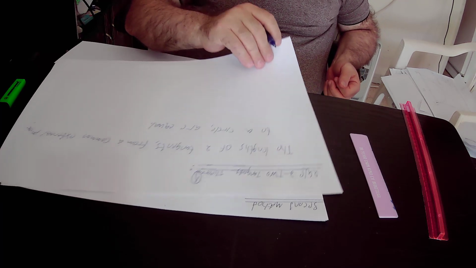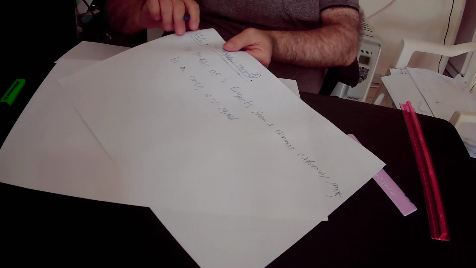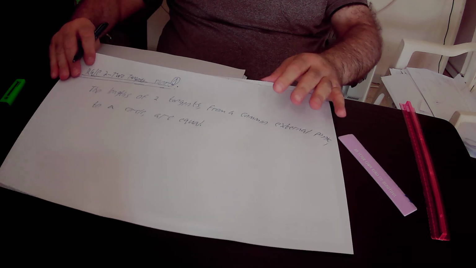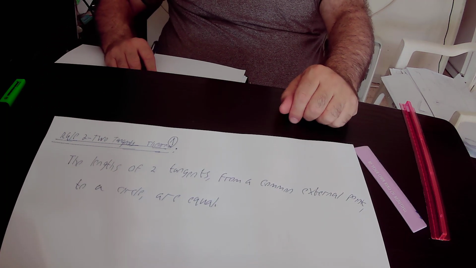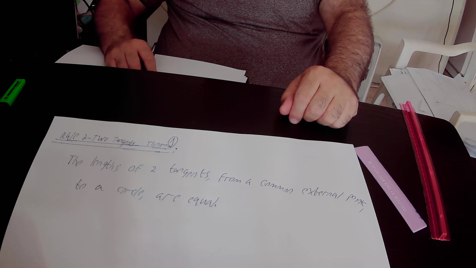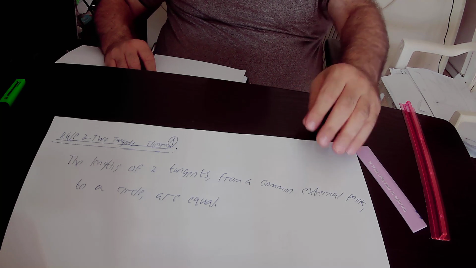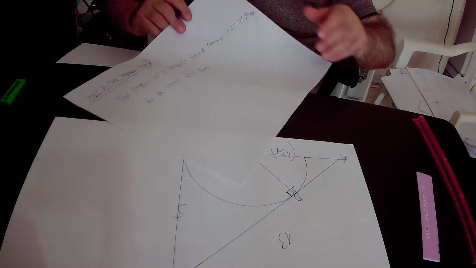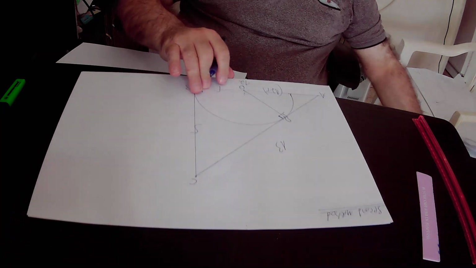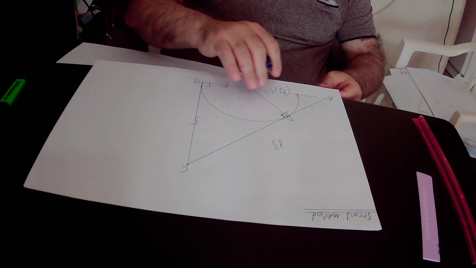So I will read rule number 2, or two tangents theorem, again. According to two tangents theorem, the lengths of two tangents from a common external point to a circle are equal. So what is the meaning of rule number 2, or two tangents theorem? Actually, if we have a circle